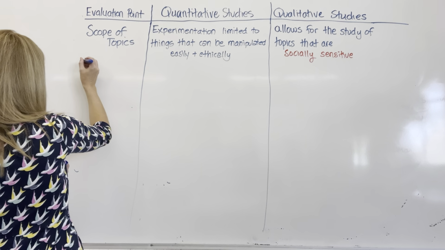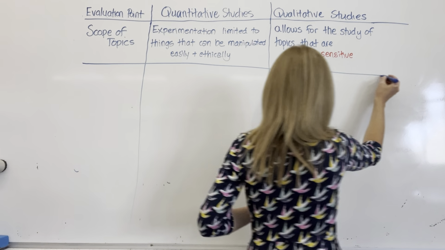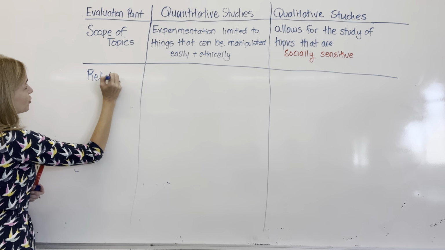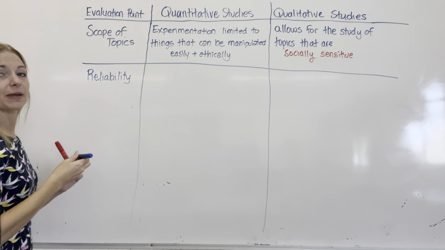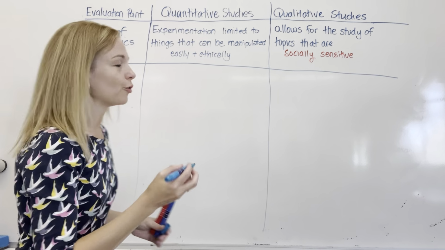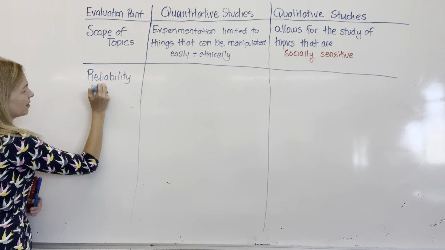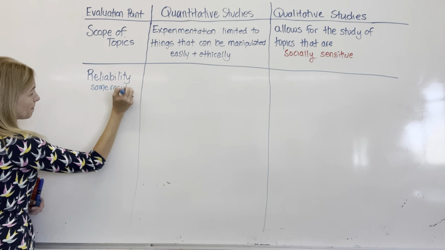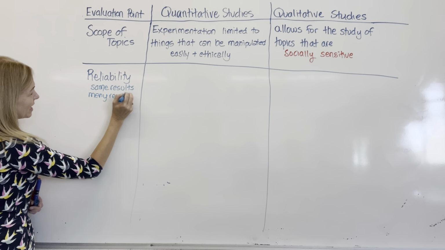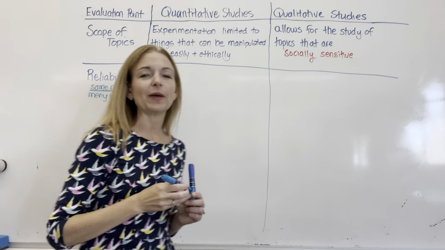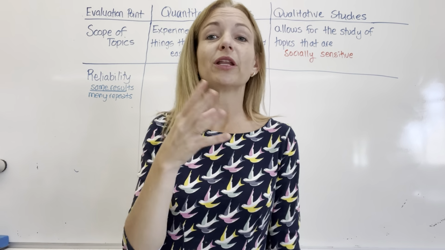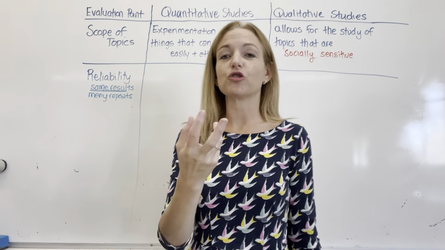All right, the last two are reliability and validity. So reminder that reliability, when we say reliability, we mean the likelihood of gathering the same results over time. A very quick version of it is if we say a study is reliable, it's because it gives you the same results. So these studies, quantitative, are really good for reliability because they usually have a lot of standardization